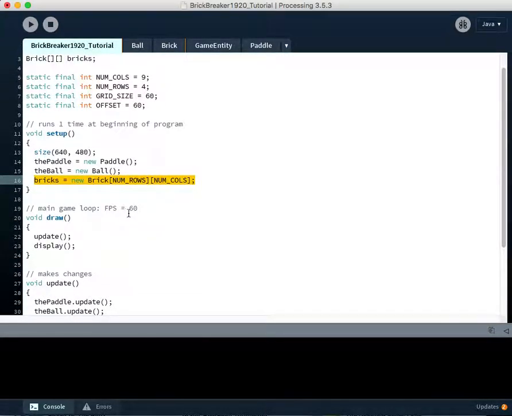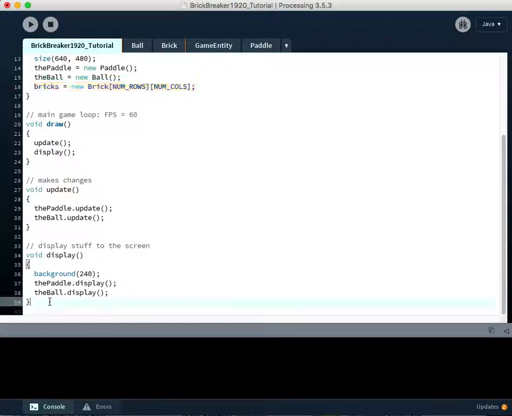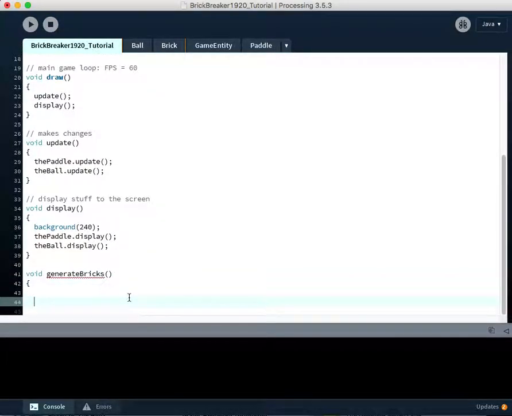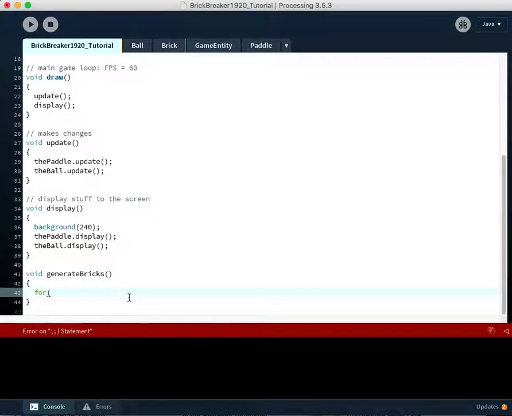And so at this point, we're going to create a method to add our bricks to our array. This method is going to be a void method, it doesn't return anything, and it's going to be called generateBricks. Now this method will use loops to generate the bricks. So for int row equals 0, row is less than num rows,